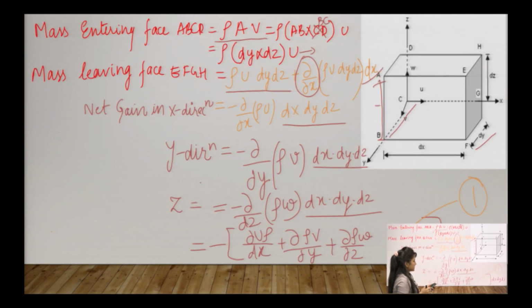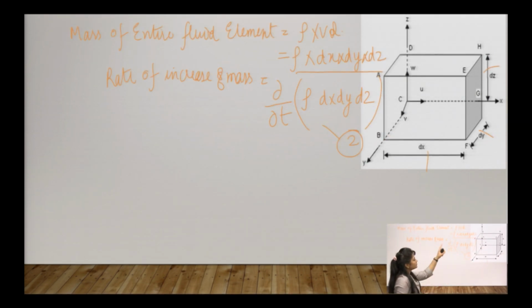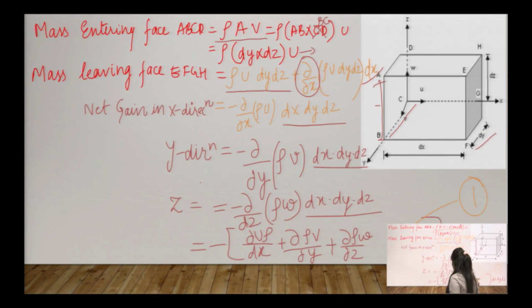Now, here you can say equation 1 was achieved by adding the individual net gain in the masses from the individual respective directions x, y and z, and this is the summation of the entire. And as a whole, when we are dealing with the cuboid as a whole, there you are getting another equation, 2. So, technically equations 1 and 2 should be equivalent because the cuboid is the same, all the dimensions are the same. So, equating equations 1 and 2, I am rewriting equation 1 because of the page over here. You can see once again